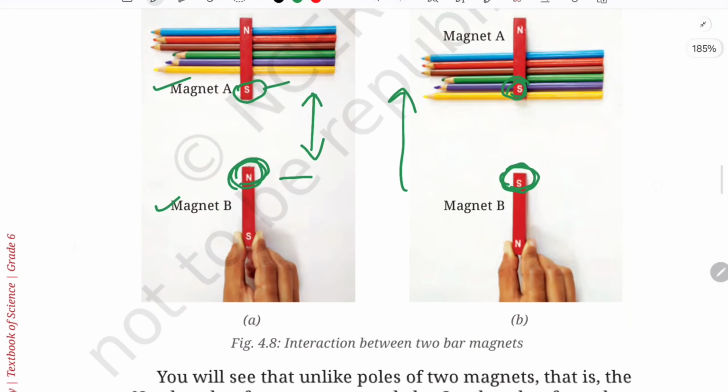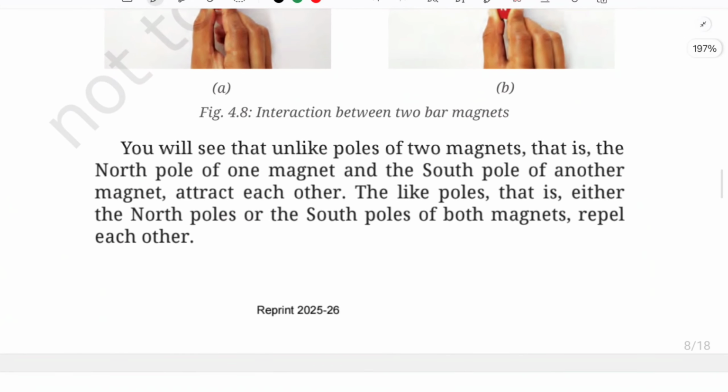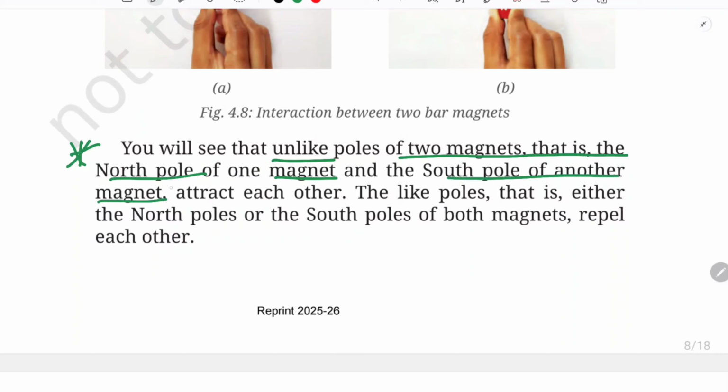Okay, so this is the experiment. I hope you have understood, and we will understand this experiment more. You will see the unlike. So this is important, kindly remember this fact. Unlike poles of two magnets, that is the north pole of one magnet and the south pole of another magnet,